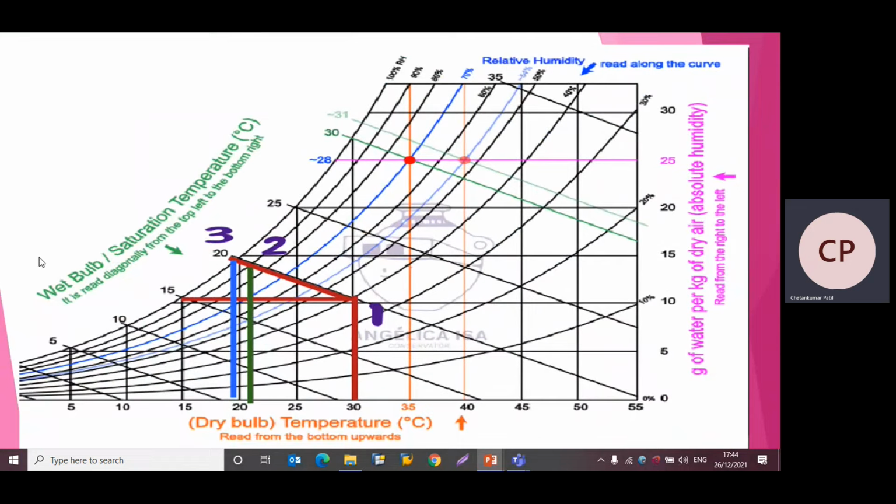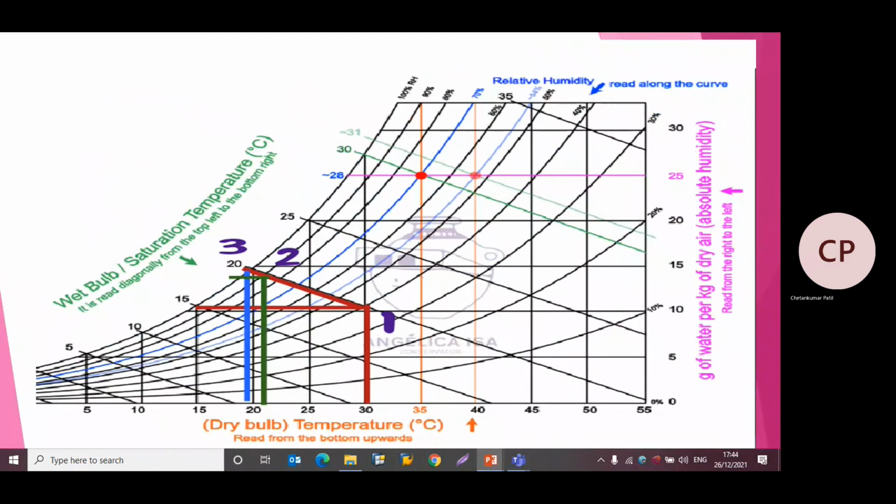So if we observe, with this TD2, that is 20.82 degrees Celsius, we have to take one vertical line, and this point 2 will be on this constant wet bulb temperature line from point 1. So the point of intersection of this dry bulb temperature line with this line will give us point 2. Here is the point of intersection, and this is point 2.